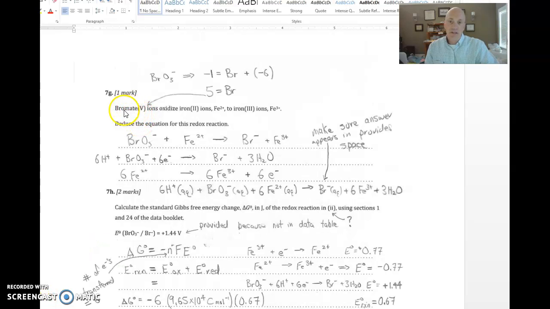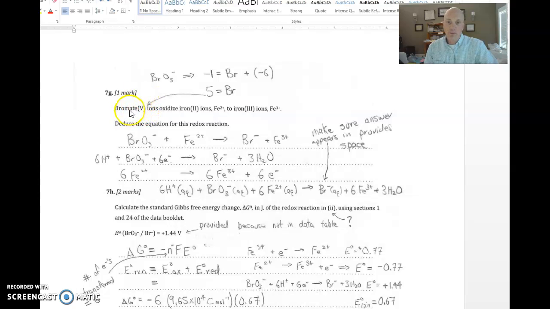Okay, in this problem they say bromate ions oxidize iron 3 ions to iron +2. Actually, that's the same thing. They're saying that's the same thing as iron 2 ions to iron 3 ions. All right. One thing, by the way, in my opinion, it's a little bit redundant to put this Roman numeral